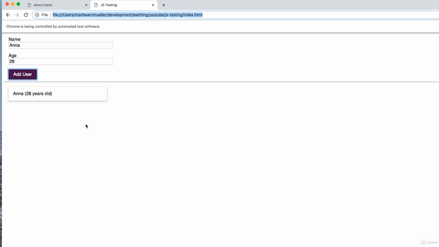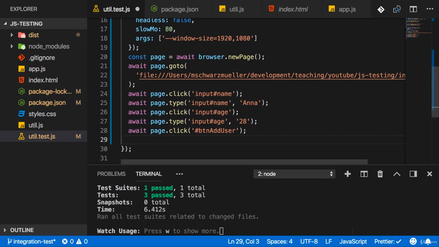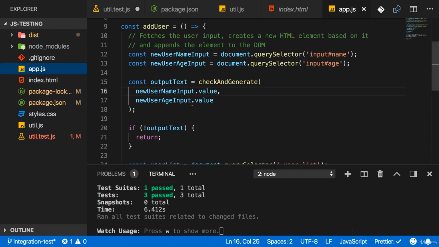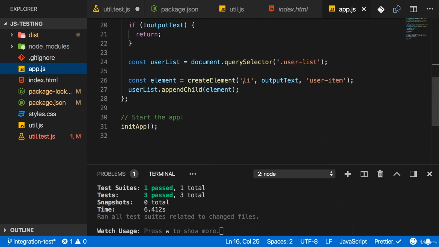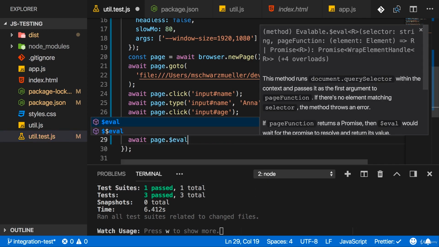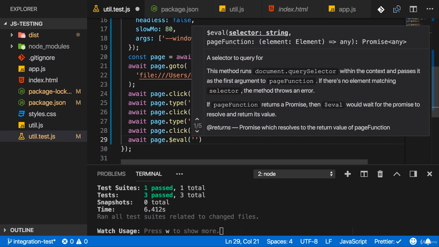Now, obviously, we can automate this a bit more and check the result programmatically to see if we got the expected outcome. Because what I can now do is I can also await, and now that everything executed, I can check if something is the case. For example, I can check for the existence of this list item with a class of user item being added to it. So in my test, I can await my page, and there I can use $eval to get access to an element,